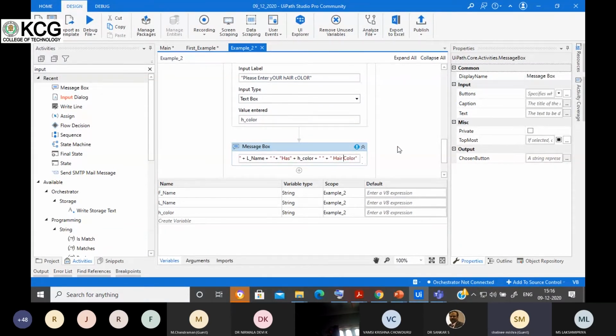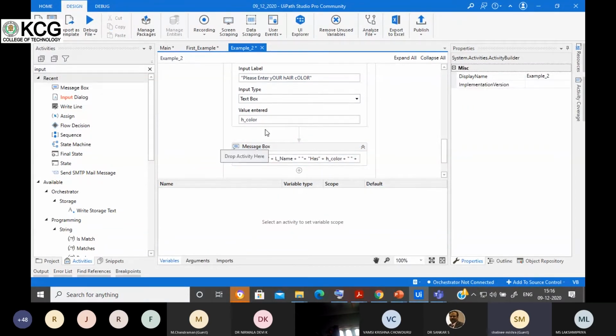This hair color. Okay, now I'm going to debug this particular example.